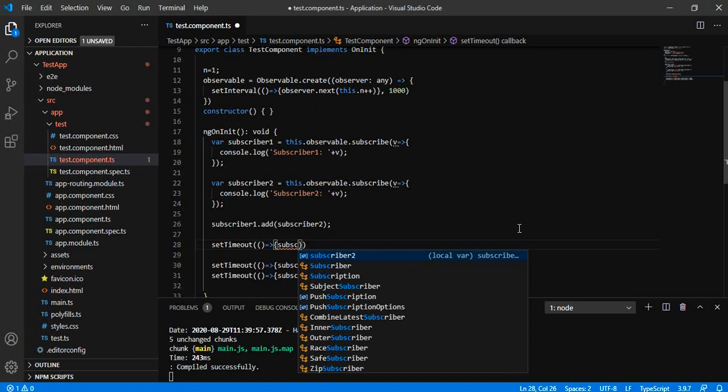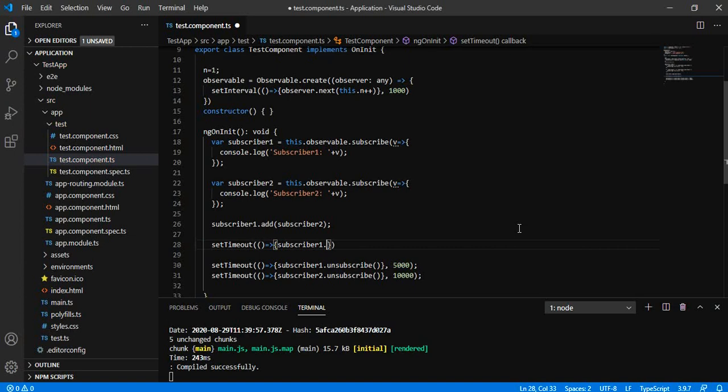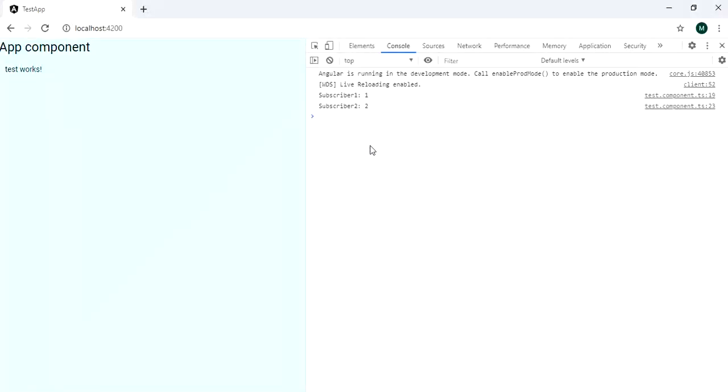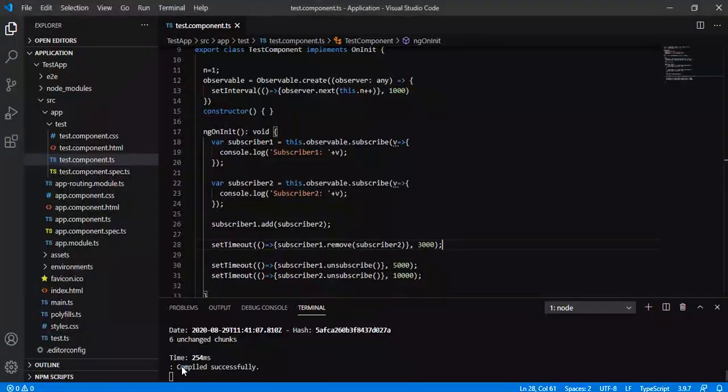Let us remove subscriber 2 from subscriber 1 after 3 seconds, as if some operation has been successfully completed, and we can let the subscriber perform its functionality on its own. So you can see that we added it and after that we removed it, so it is performing as it is. It is based on the logic.